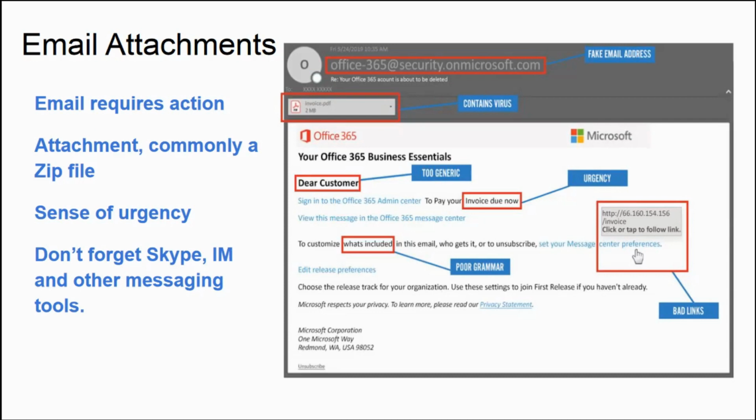Once you open the PDF document, in the backend the ransomware attack starts. It is not only from email that you can receive this type of attachment or malicious URL. You can also get specific documents or malicious links using a Skype ID or any other messaging tool.